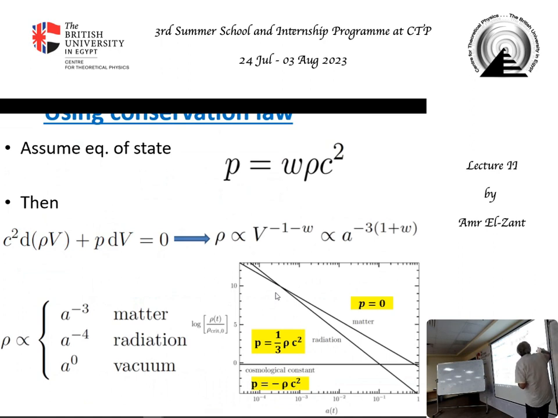and you get that rho changes like that. So if there's no pressure, if w is 0, then rho goes as 1 over a cubed, like normal matter, like the Newtonian stuff we started with. If w is a third, like for radiation, this is 1 over a to the 4. And if w is -1, a negative pressure, this gives you the dark energy cosmological constant equation of state. Dark energy in the form of constant vacuum energy.